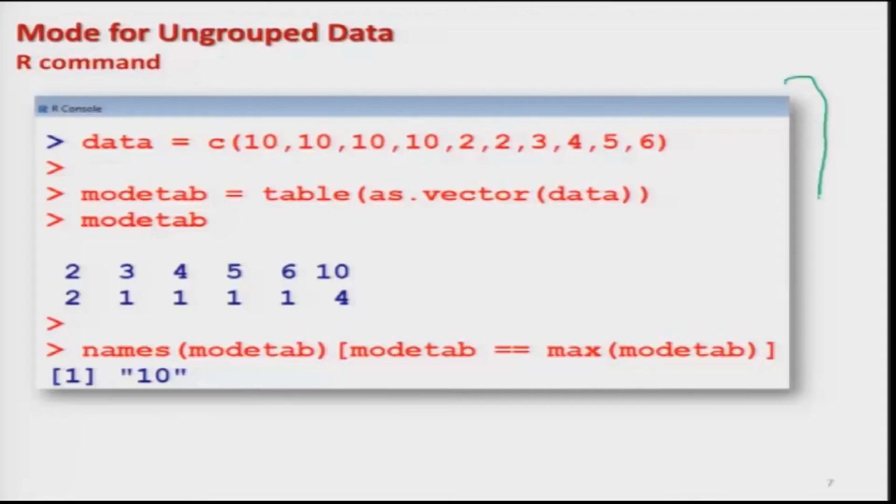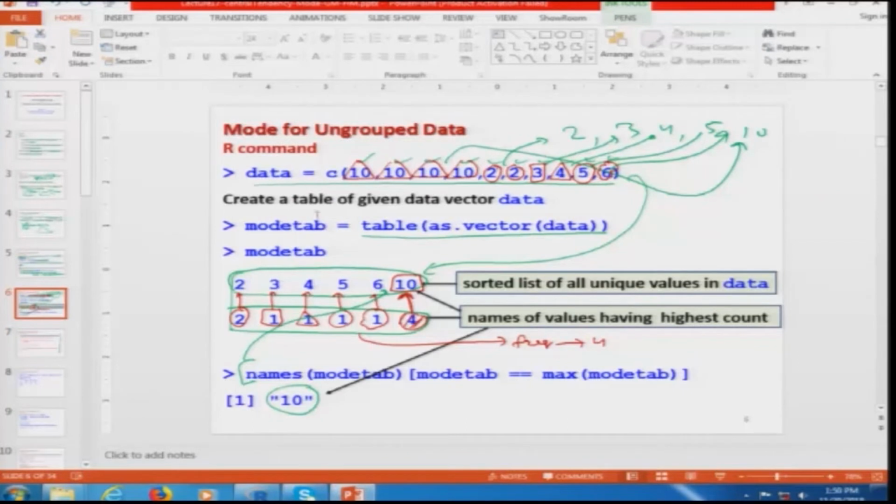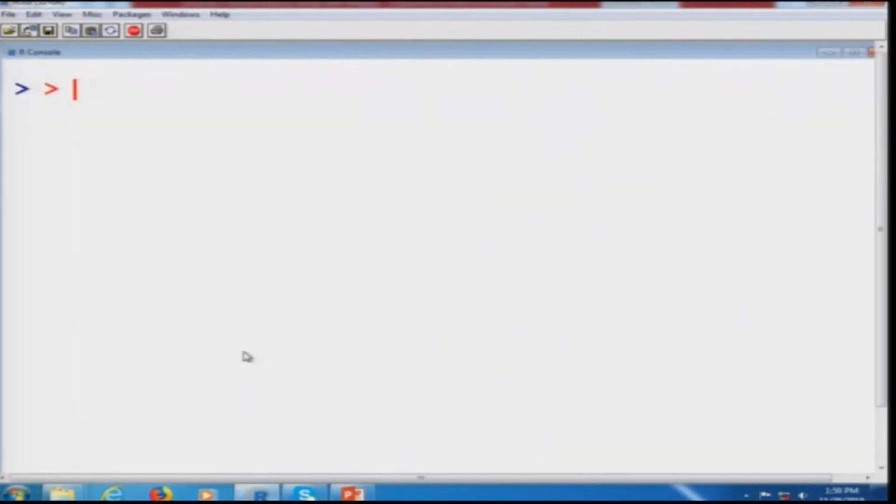And this is the screenshot, and I would request you to please try to execute it on your data also. For example, I can show you on the R console, but unless and until you do it with your own hand on the R console, you may not really understand it.